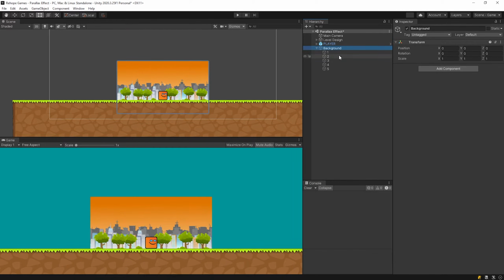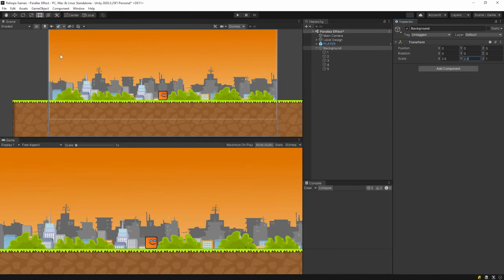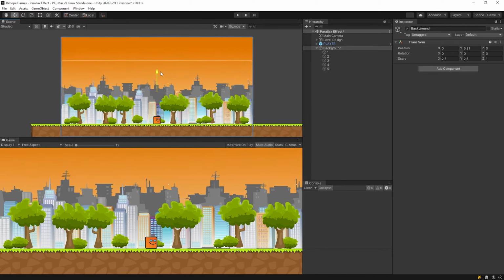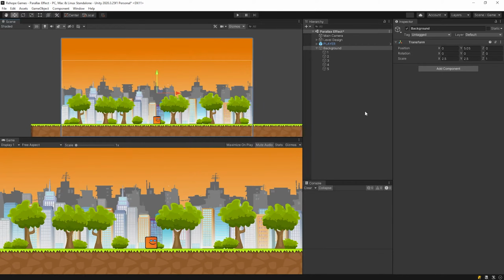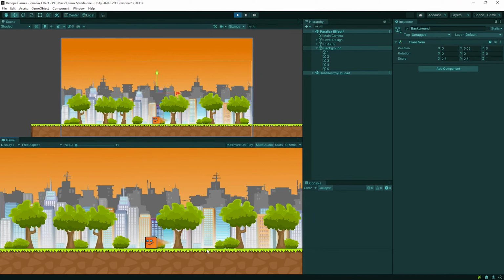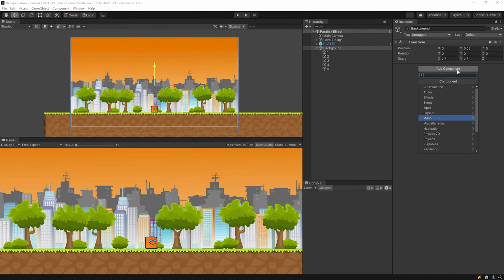As you can see, the background is very small, so I will increase its scale. When we start the game, the background does not move as we want. Select background and add the parallax controller script.